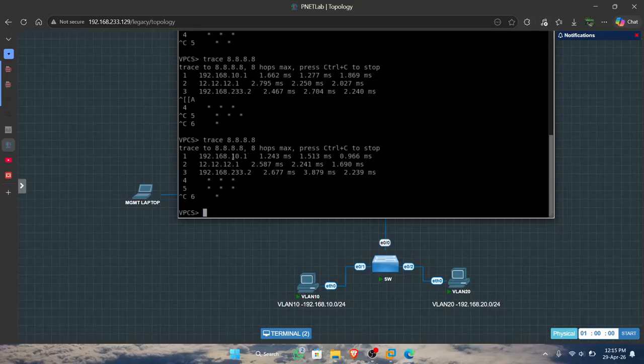The route from VLAN 10 is port 1. Yeah, port 1.